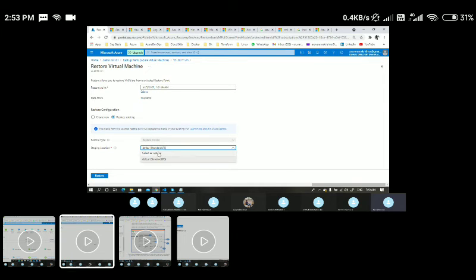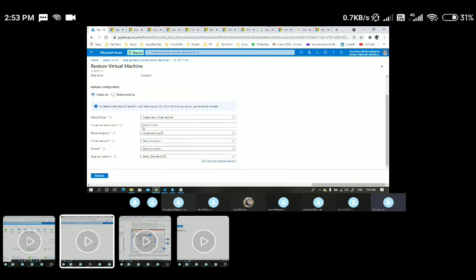Forget about this, what is standard LRS and other options. We will discuss this in upcoming sessions. This simply says how many ways we can replicate our data. So for now, let's go with the default, standard LRS. And if I click on restore, if any disk is corrupted, it will simply replace the disk within a VM. And if you want to create a new VM, I can choose the option here, create a new VM, and I can give the VM name. Let's say I'll name it backup VM.